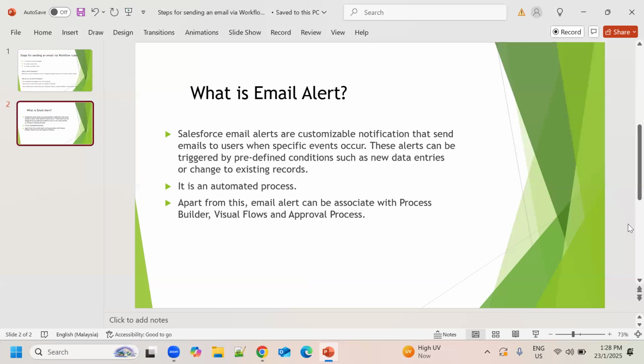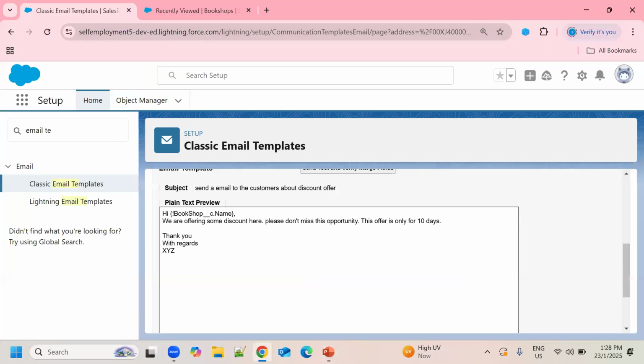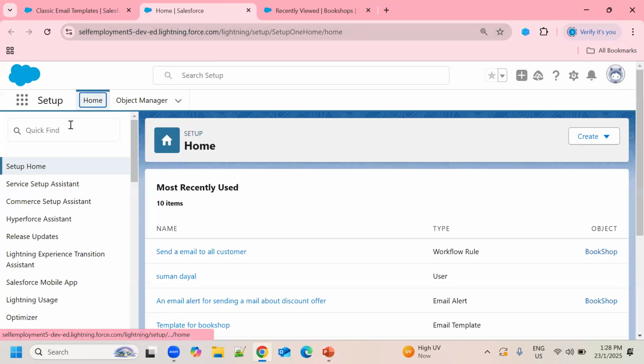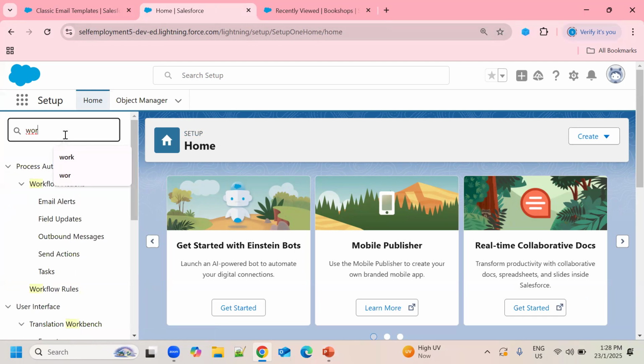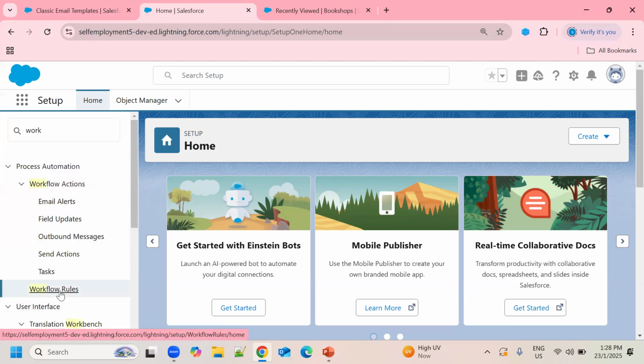So let's start to create a workflow rule, right? I'm opening another setup. In your quick find box, just type workflow rules. Click here.